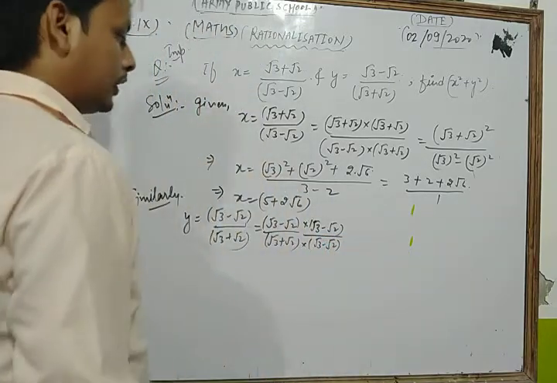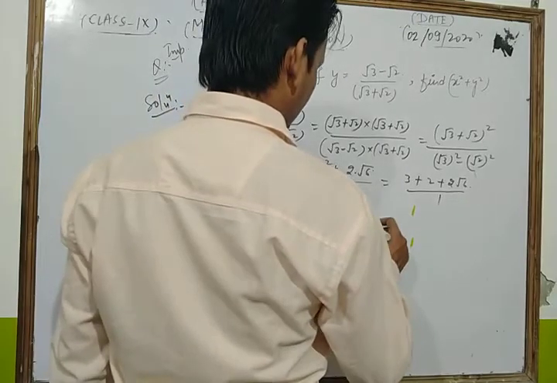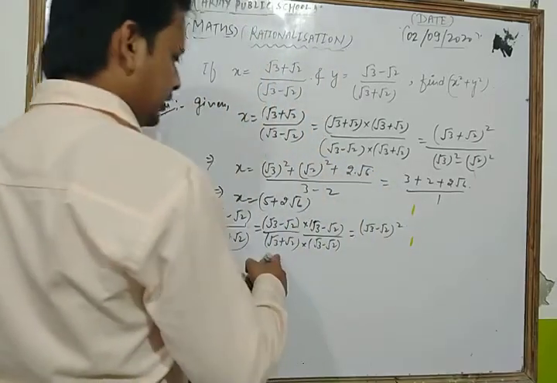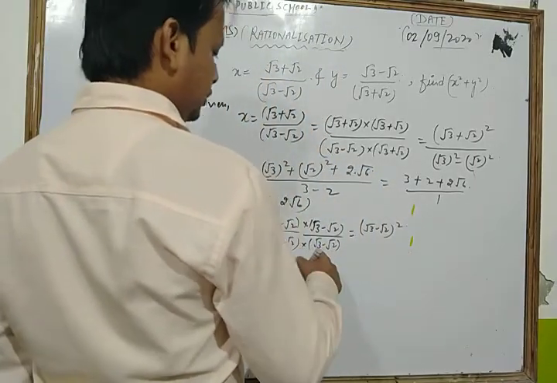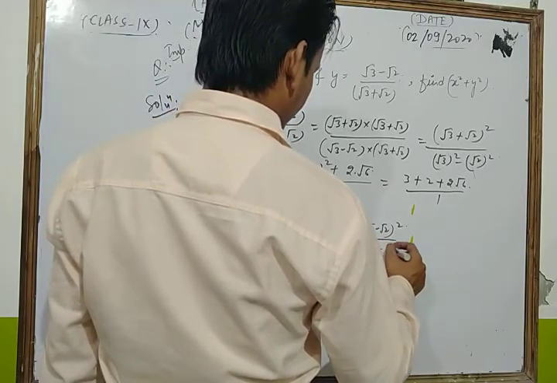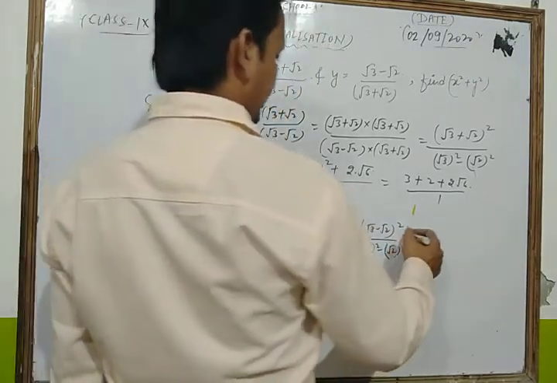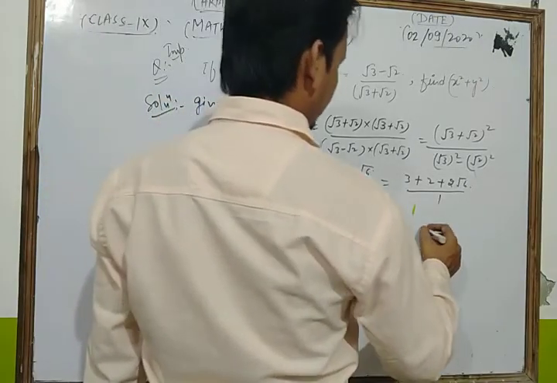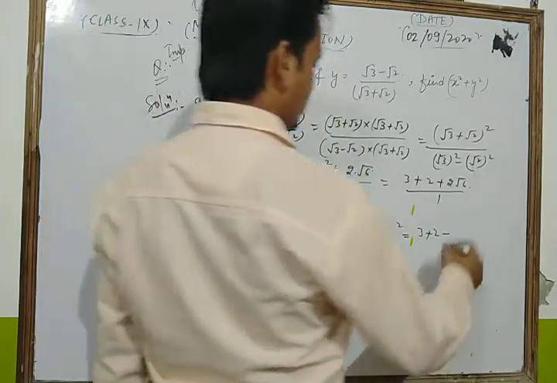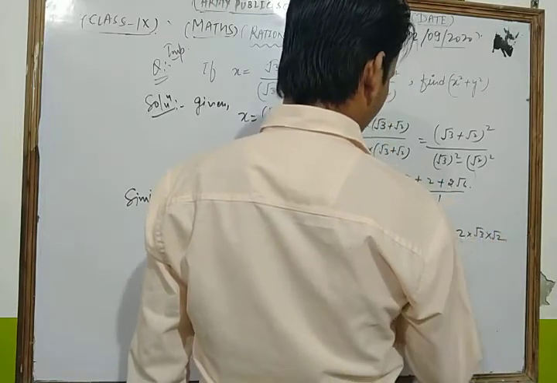Okay, now look what I do. This is root 3 minus root 2, this is root 3 minus root 2, so we write whole square, same as in the denominator, we write a plus b into a minus b, so we can write a square minus b square. Now we get a square means 3 plus b square as 2 minus 2ab, that is 2 into root 3 into root 2, upon